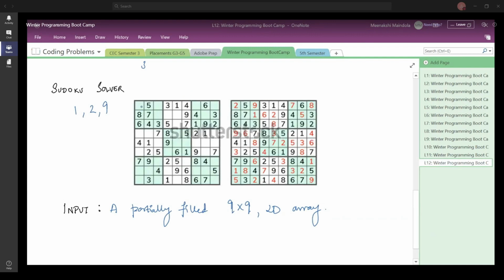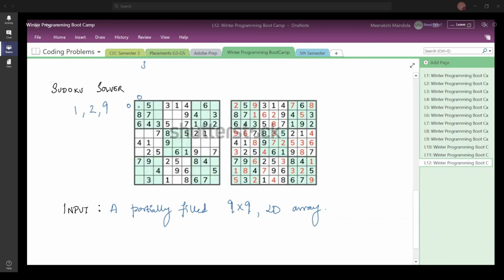So you say that, okay, I want to write down the number 1 here, but can I write it? I cannot write it. Why can't I write it? Because in this particular row, let us say this is the 0th row and the 0th column. Now in the 0th row and the 0th column, what is the condition for a number to be placed at a particular position? So first you find an empty cell. Once you have found the empty cell, you keep track of its row number and column number.